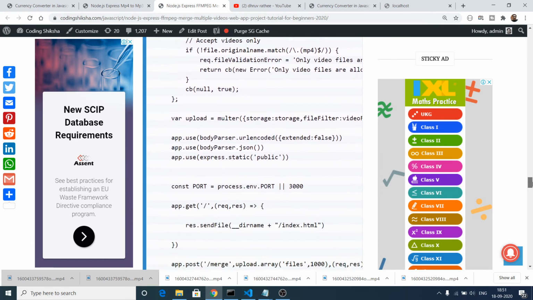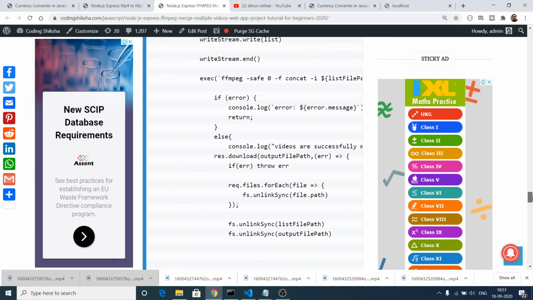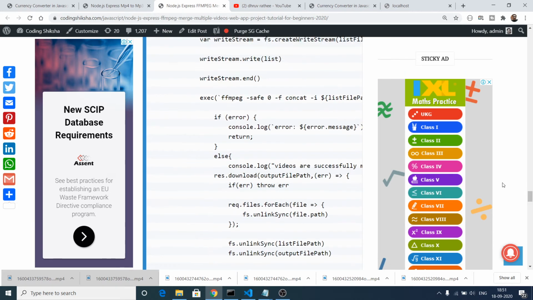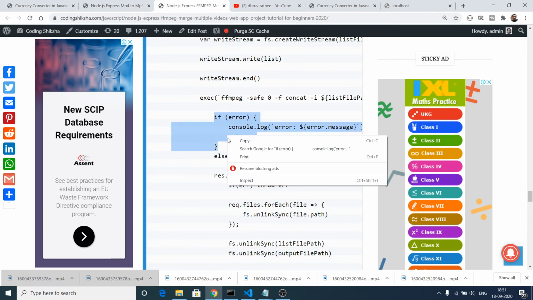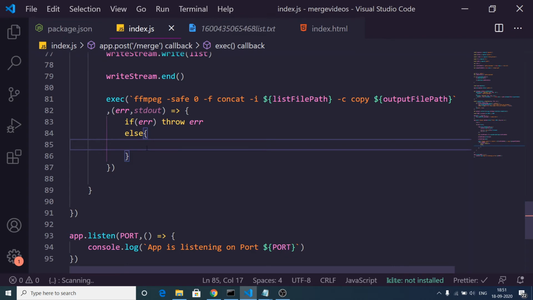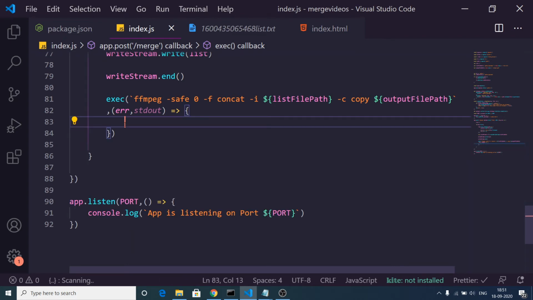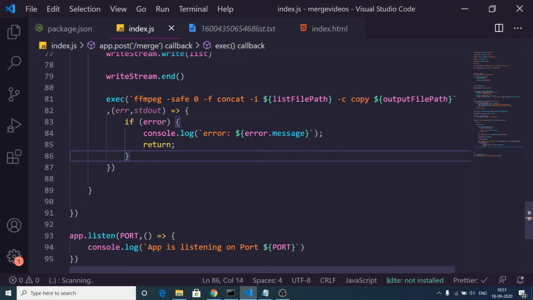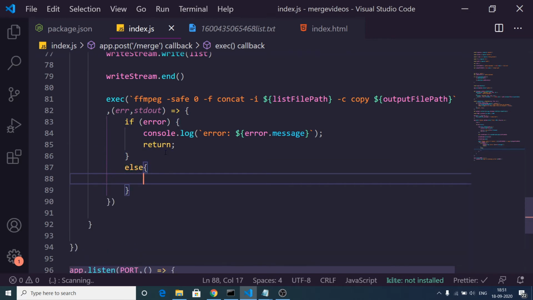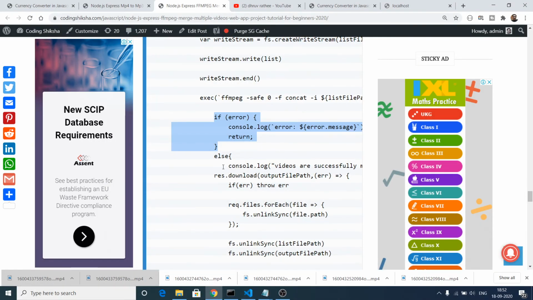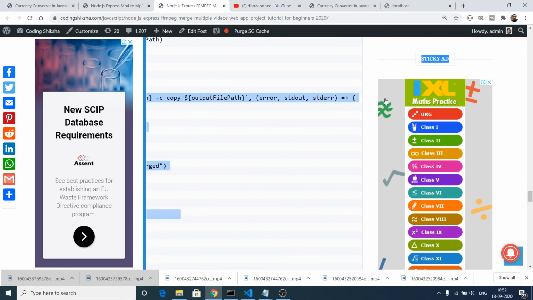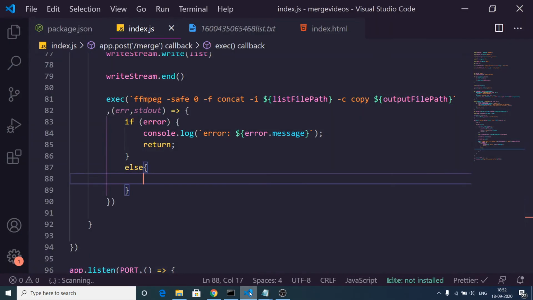You will find this code inside my blog. If any kind of error takes place, we can console log it. I think this is a better option. We can also console log the error message, and we can return. And inside this else block, we can download this file. If you see, these 3 arguments are present: error, standard out, and standard error. I forgot this one argument.